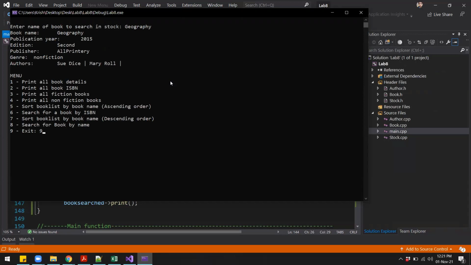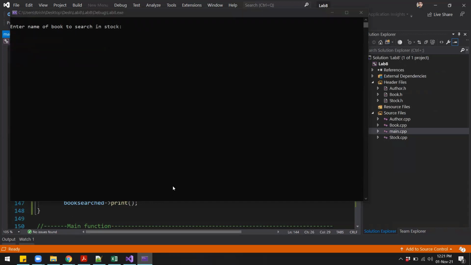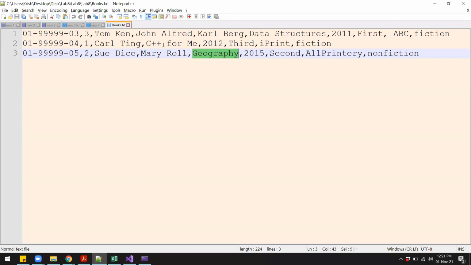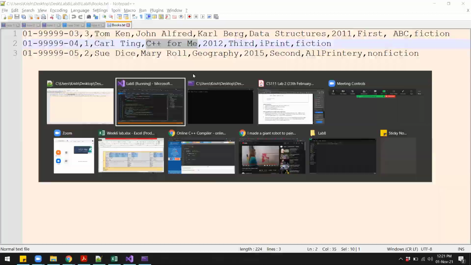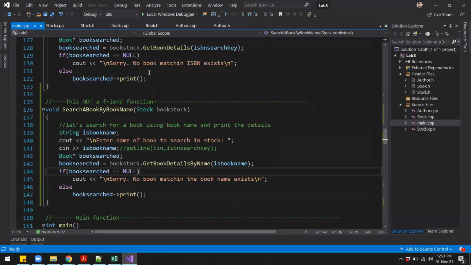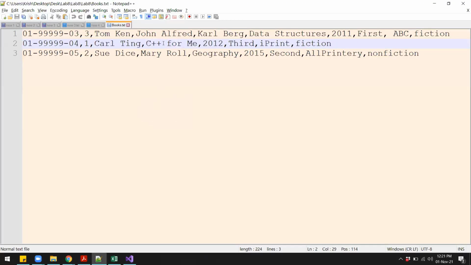The other thing you will notice over here is if I enter the book name such as C++ for me or data structures, then you will see that the function does not work, and that is because the book name over here has spaces in between, so it is only reading the first part.